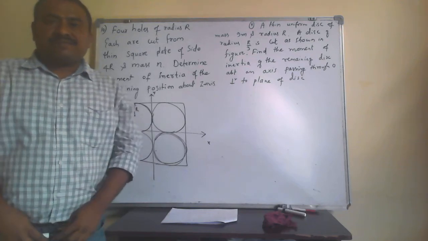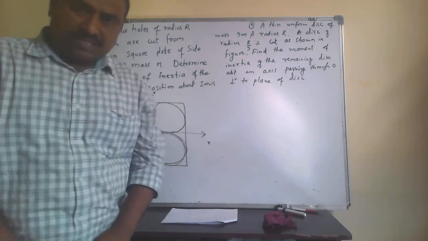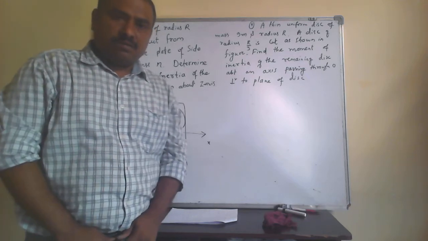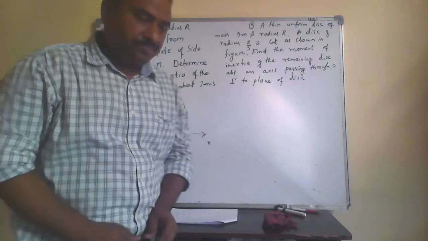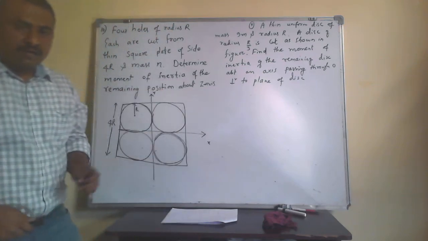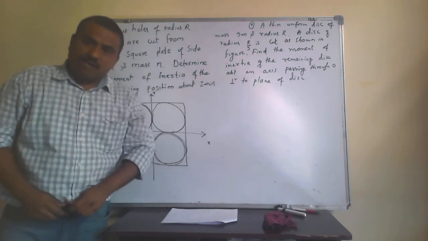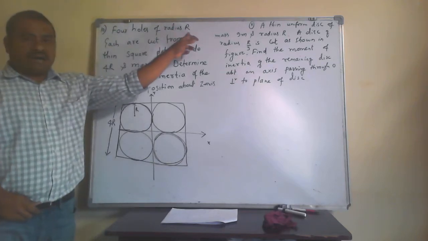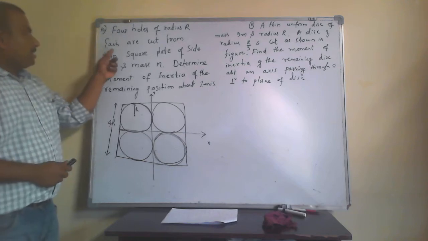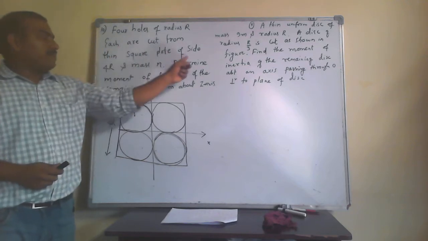So in the moment of inertia chapter, these are the last two problems I am solving that may help students reach a new level. Okay, I will take this one first, and after solving this, I will go for the next one. So four holes of radius r,